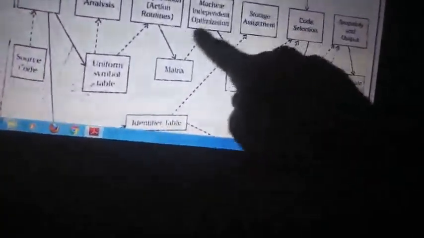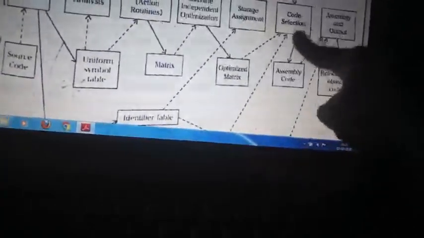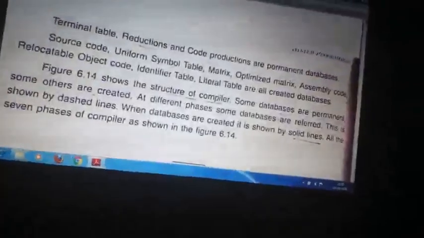It creates the intermediate code, that is the matrix. The intermediate matrix is used by the machine independent optimization, giving the optimized matrix. Then storage allocation uses the identifiers, and the code generation section uses the optimized matrix and generates the assembly code. The assembly code is given to the assembler, and it is given to the relocating loader to load into memory. Clear? So what databases are used?